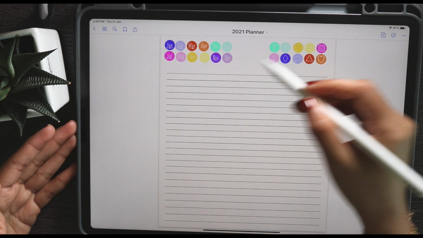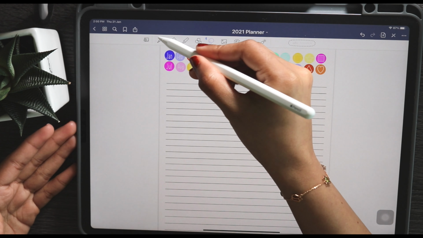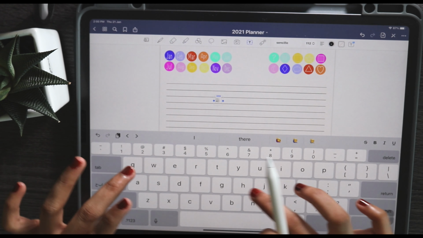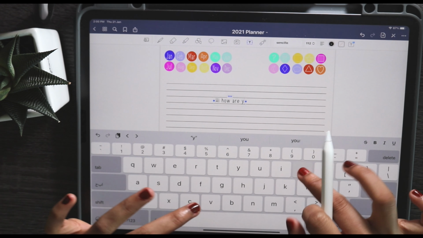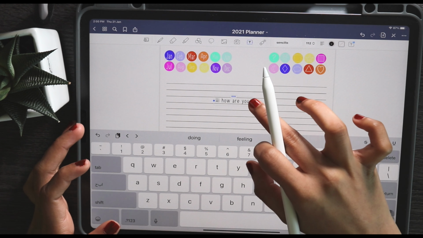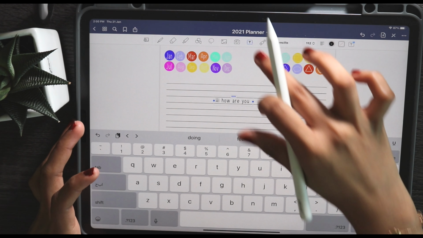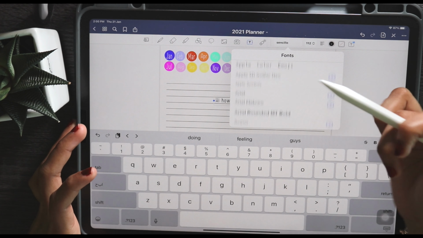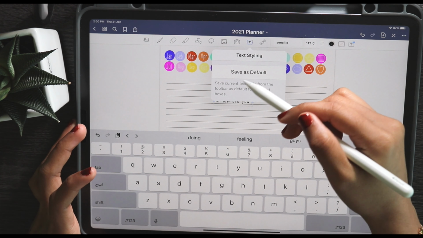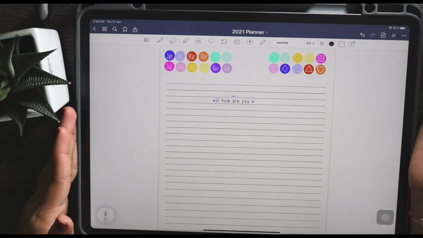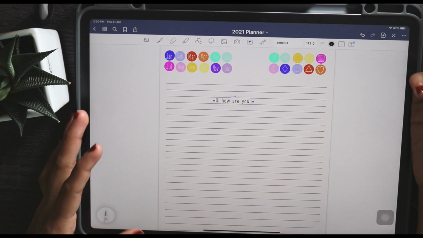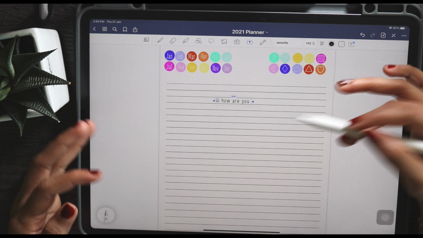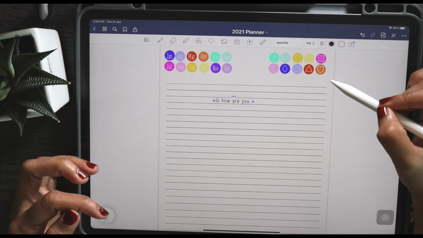And so you can use it in GoodNotes. I will turn off the pencil symbol, tap the text symbol, tap anywhere and just start typing. I have set this as my default font for this app because I typically only use my planner in here. So if you want to do that, tap on styling, scroll down and choose the font, and then tap save as default. That way anytime you type, it will automatically be in that font. So that's really all you need to know to use this planner.